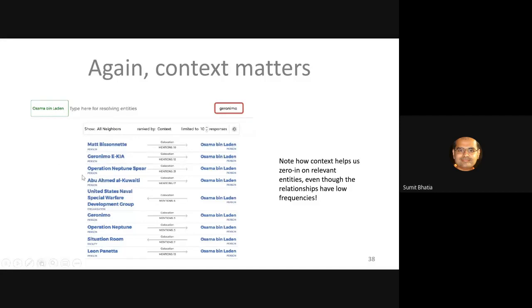And even the other entities are very interesting, very useful. So, for example, Abu Ahmed al-Kuwaiti. This person was actually the messenger of bin Laden, taking his messages from his hideout location and giving them to other terrorist organizations, right? And the CIA was actually tracking and following the movements of al-Kuwaiti to figure out where Osama bin Laden might be hiding. Again, this was information with very few mentions, but since it is important in this context, the system was able to give it a very high weight and bring it to the top, right?